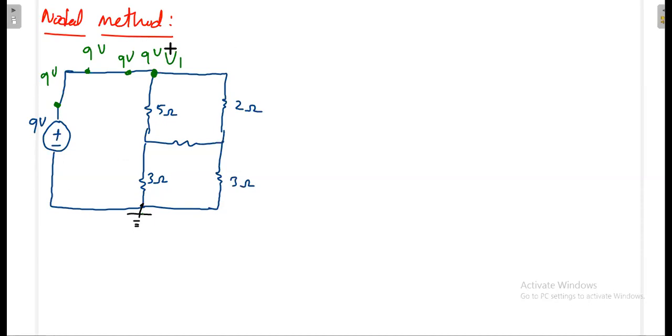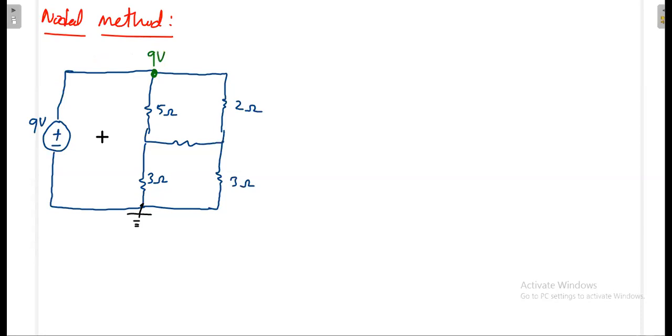So already I know the voltage here, and suddenly I should not go and put V1. That creates ambiguity, because finally you will get V1 equal to 9 volt, which is already clearly visible. If you put V1, after applying all the equations you will get this, and sometimes it creates confusion. That's why before putting V1 or V2, you should be clear whether there is already a known voltage. Here there is a known voltage, so I should not put V1.